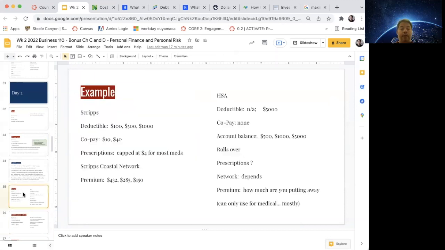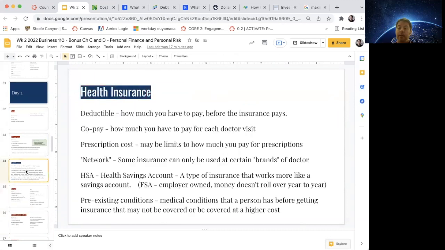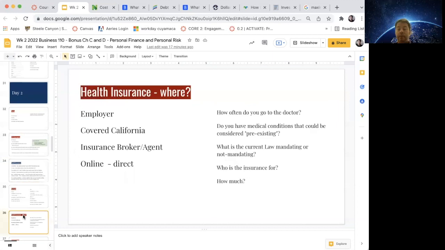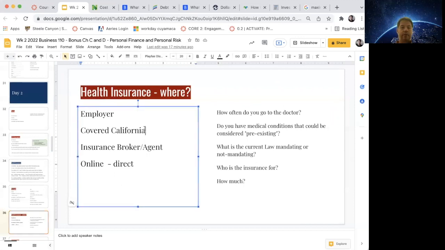Once again, depends on the business, but this is where most people start their search for health, life, dental, other kinds of insurance. Oh yeah, and that's the thing too. When we talk about general health insurance, that does not cover the eyes or the teeth. So vision and dental are usually separate insurances, but they work just like the health insurance generally.